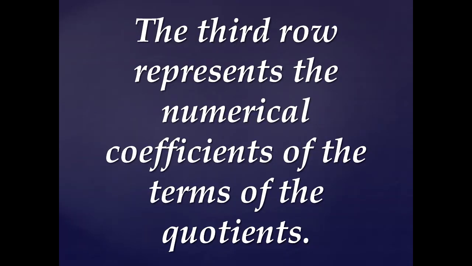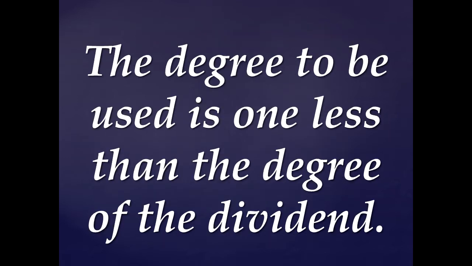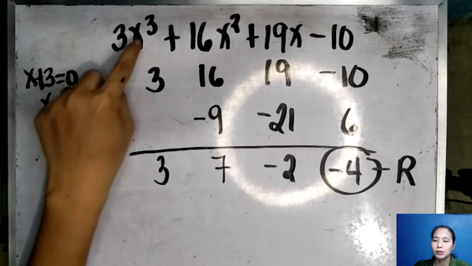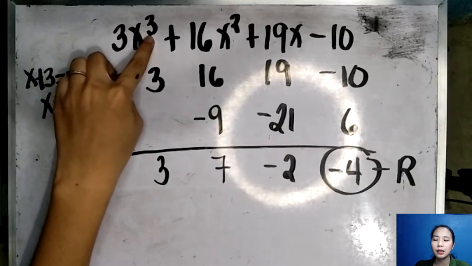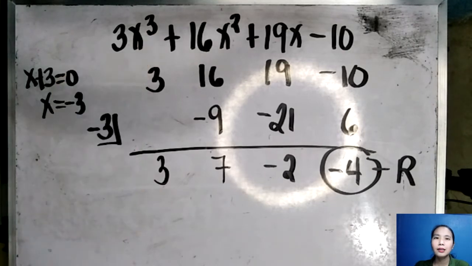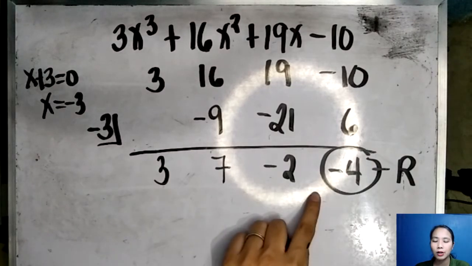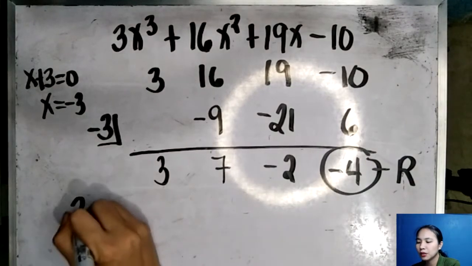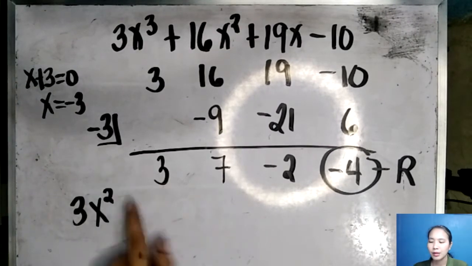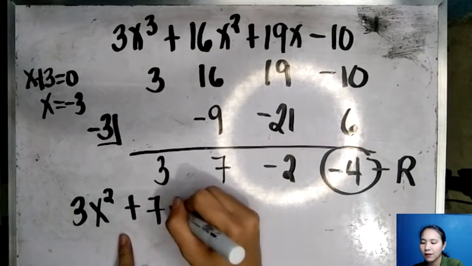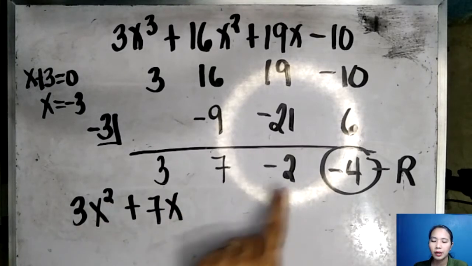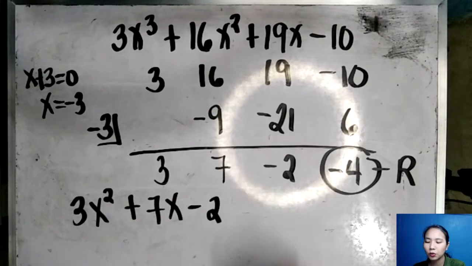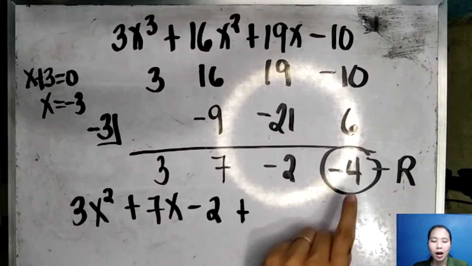Ang ating entries dito sa ating third row ang magiging numerical coefficients ng ating quotient. So we have 3 as the degree minus 1. Ang ating degree ng ating quotient will be 2. Ito ngayon ang ating numerical coefficients. So we will use 3x squared, then plus 7x, because 2, then 1, and our constant, negative 2, plus our